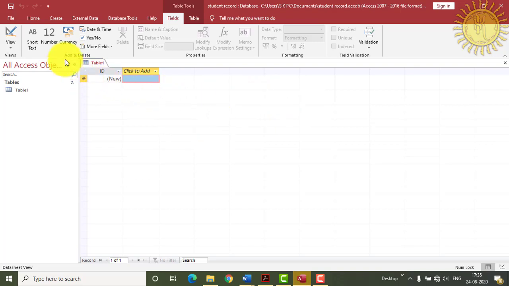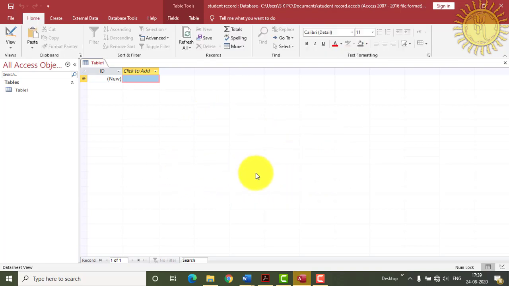Now here you can see that this is the File tab, and here at the top there is a Quick Access toolbar, and this is your ribbon, and this is your object name, and this is your navigation pane, this is your record numbers, and these three buttons are your window controls, and here this is the status bar, and these are the view shortcuts. So these are the parts of your MS Access.